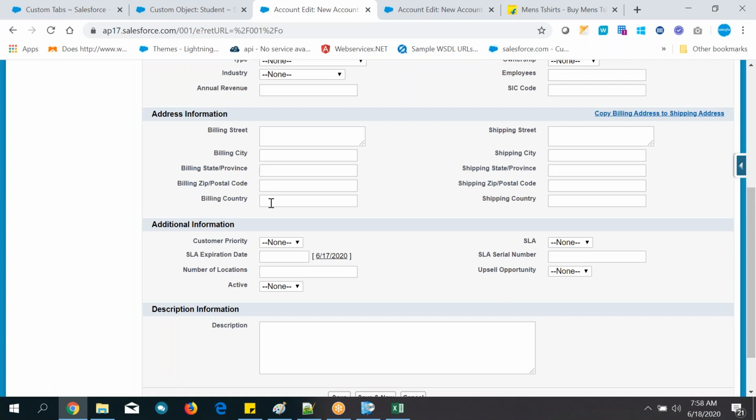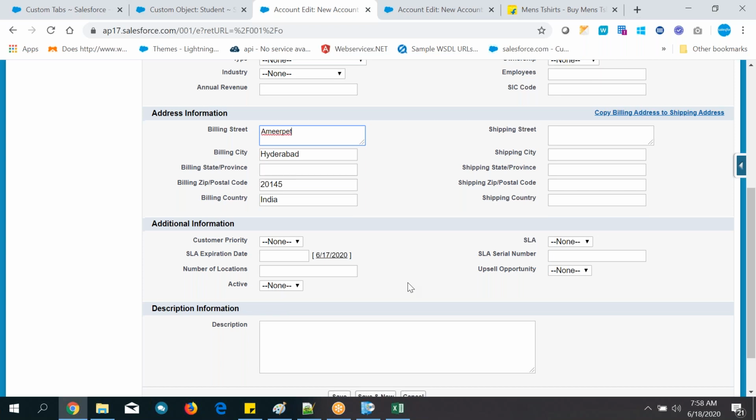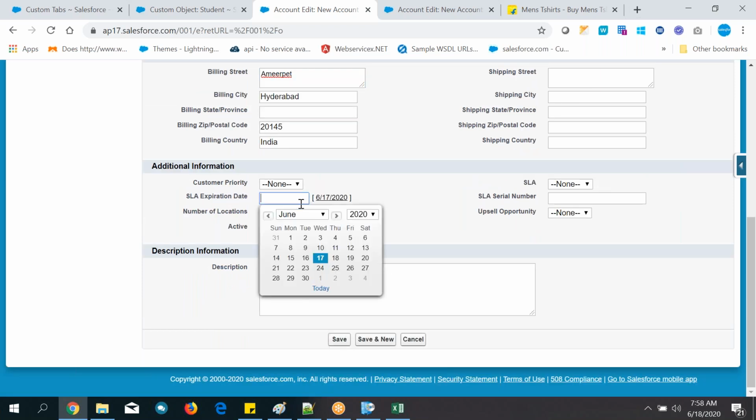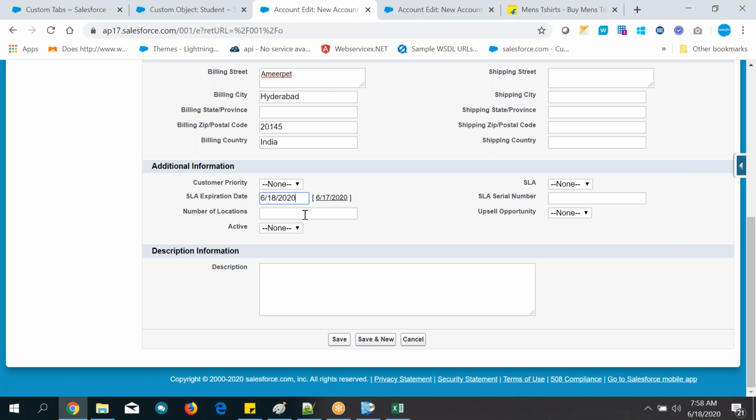So address, billing country, just for your purpose I am entering. So 355. Okay, like that you can enter a date also, and select from a drop down.